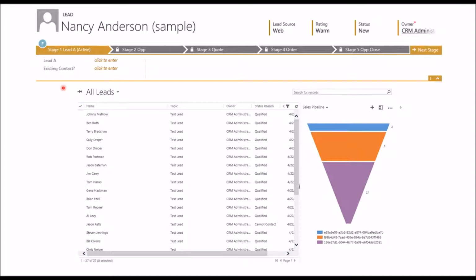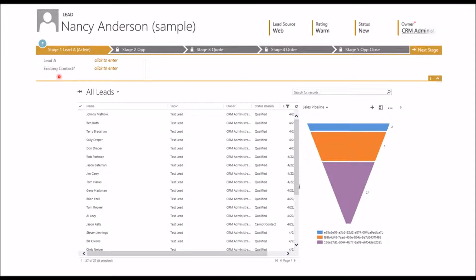So what is the problem? If we look at leads here and say we have a number of leads in the system, some of which have been driven through the process to the quote stage, some of which are still in the lead stage, some of which may have been disqualified. Well, out of the box with CRM, the stage for those lead records for reporting purposes doesn't get updated when the stage moves forward. So if you went to look at all your leads and you wanted to report on what stage they were in, you wouldn't be able to see anything past the stage 1 in this case